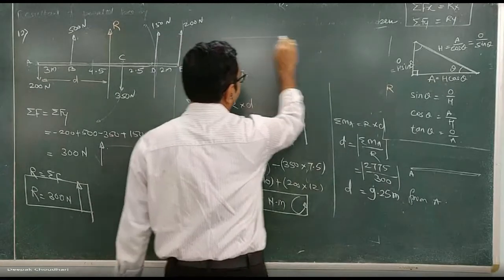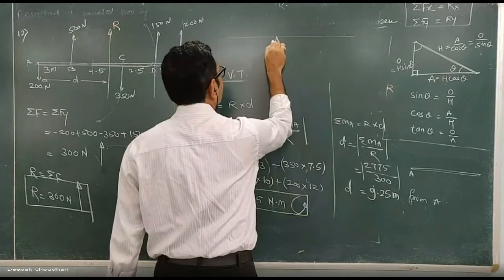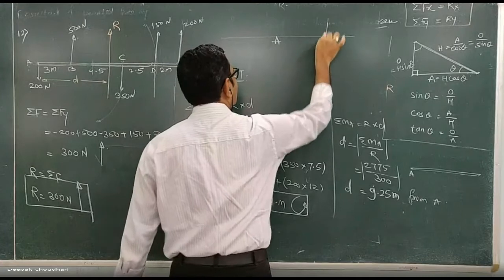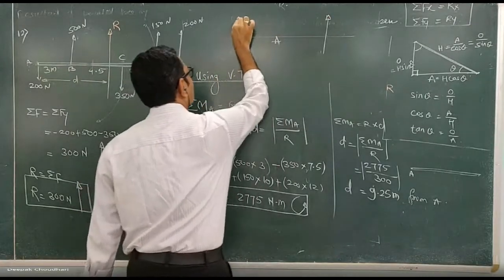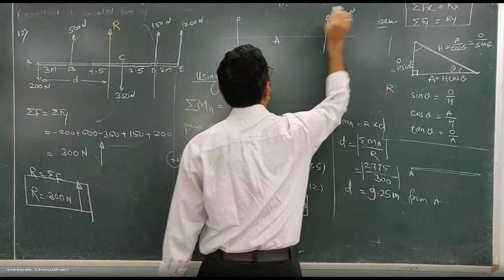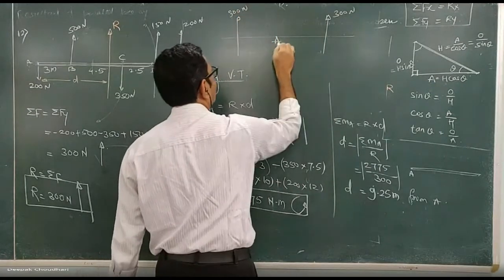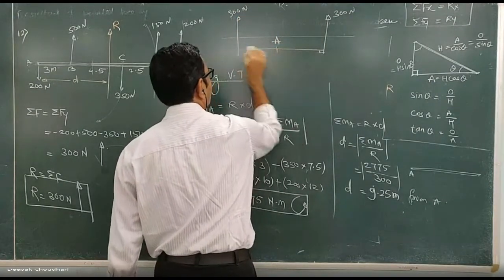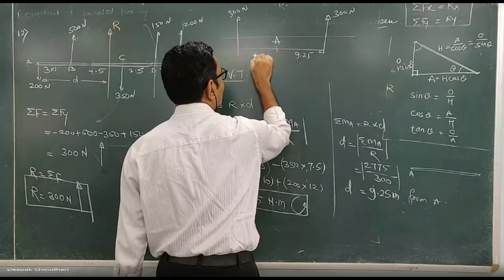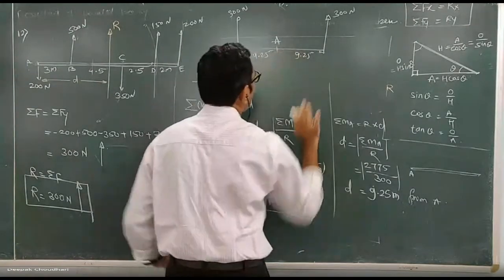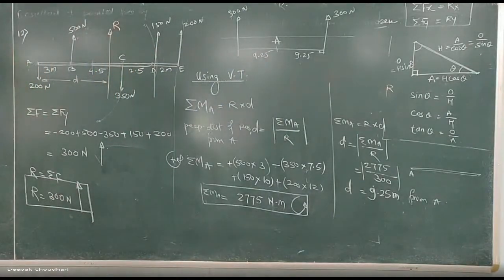Now listen. This is the point A. Now we know that the resultant is acting vertically upward. इसका magnitude है 300 Newton and perpendicular distance from A is 9.25. So जितना मैंने बोला ये दोनों forces वो all the conditions satisfy करते हैं. Both are vertically upward, both are 300 Newton, both are at a distance of 9.25 meter from A. Clear? Now the question is, out of those two forces which are shown, which one is the resultant?